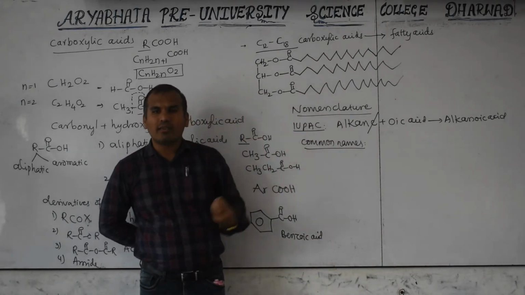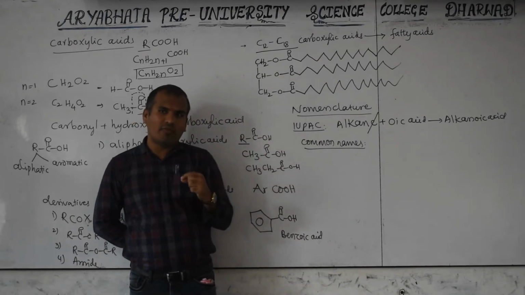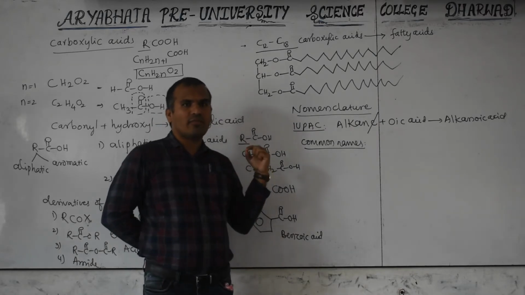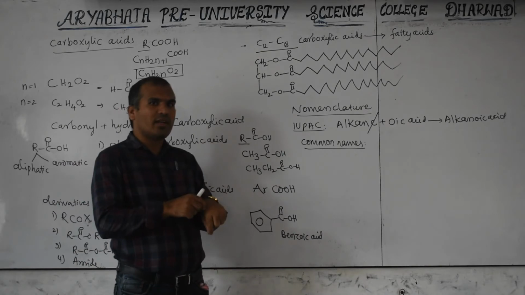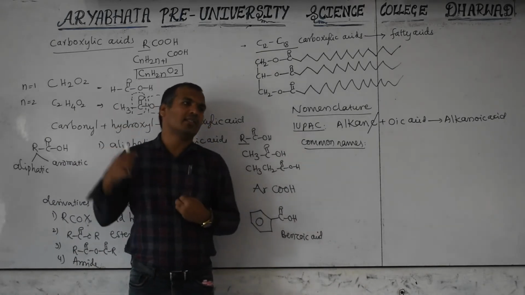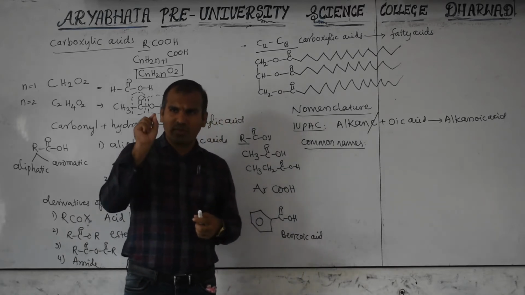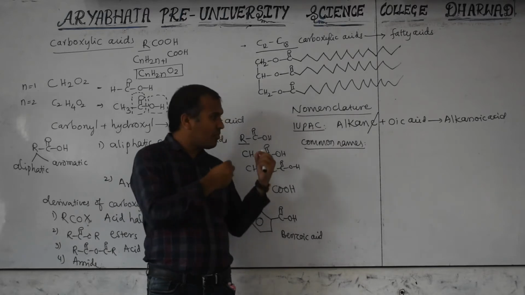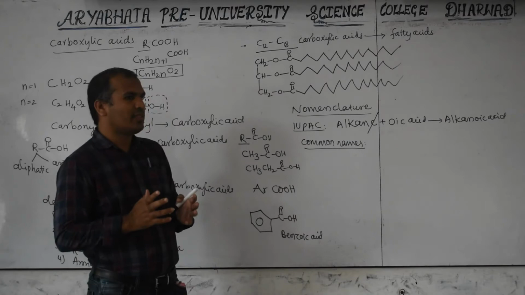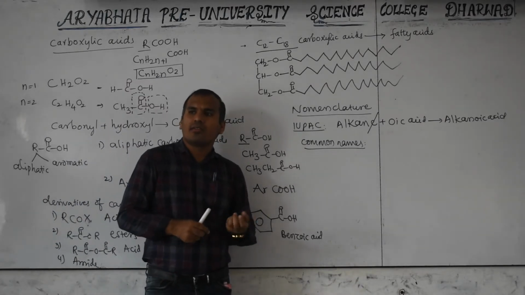Formic acid: the name came from which one? Red ant. Formicus in Latin means red ant. In the red ant, formic acid is present. That's why when it bites, a little bit of itching will be there. That is due to this acid only. And some scorpions also have poison that contains some carboxylic acid, lower level or higher level, but some carboxylic acids are there. So these carboxylic acids in poisons are sometimes also useful.